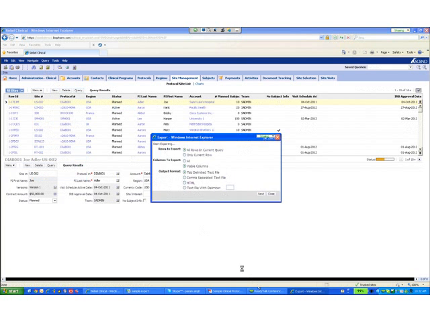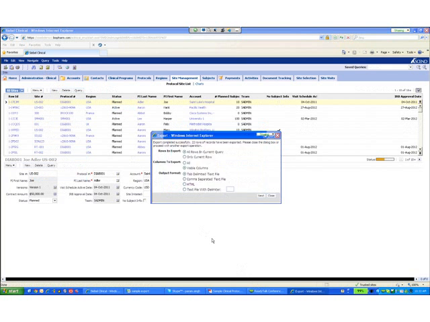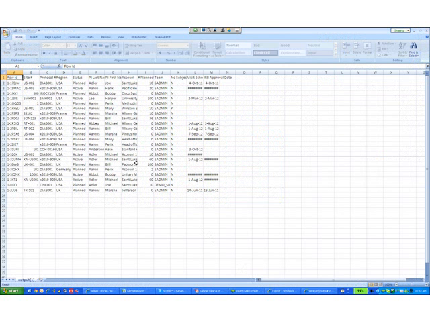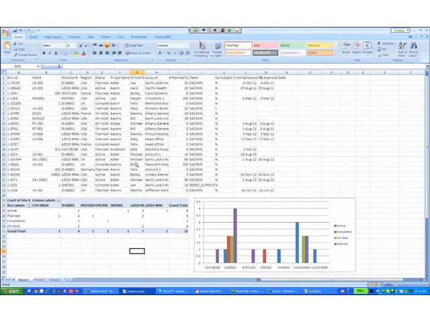And once you have it in Excel, we can do some very quick data manipulation. So here's our data, and I've already created some pivot tables and charts against that same data. So we have our data. We can do a very quick